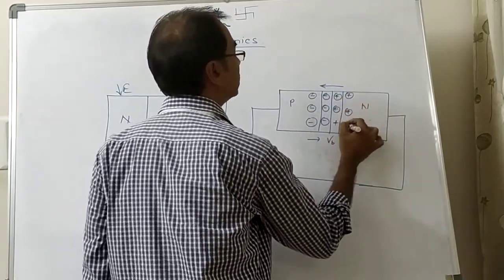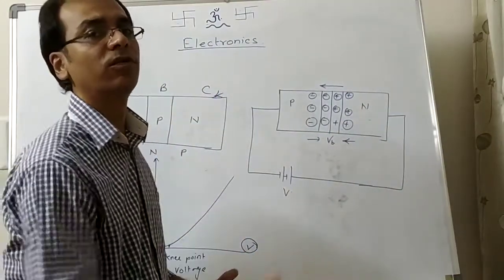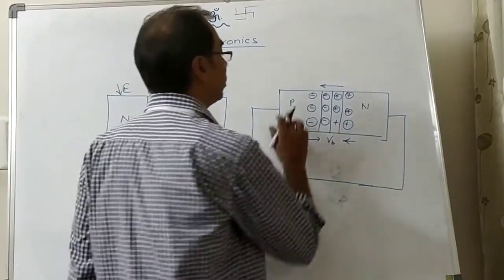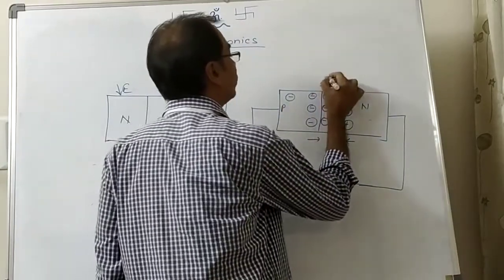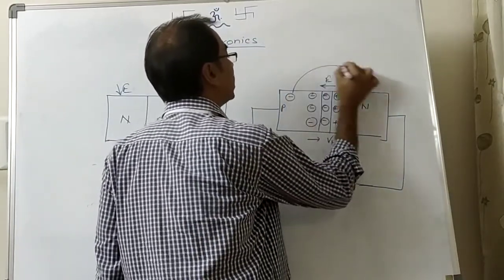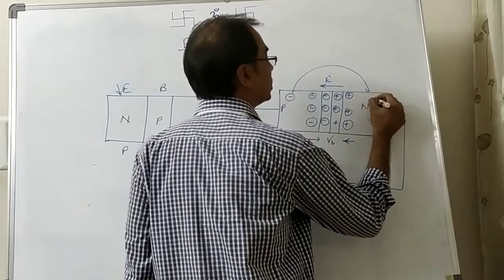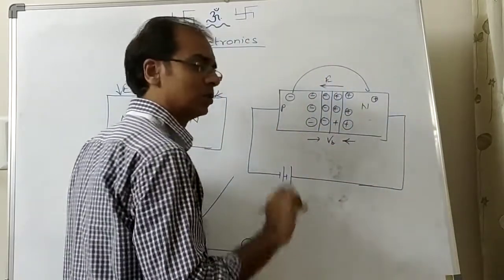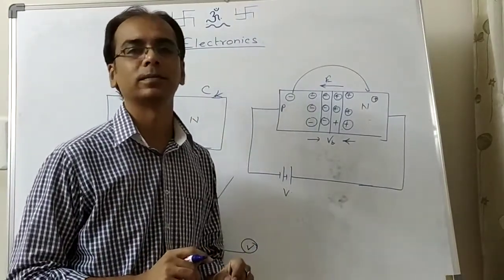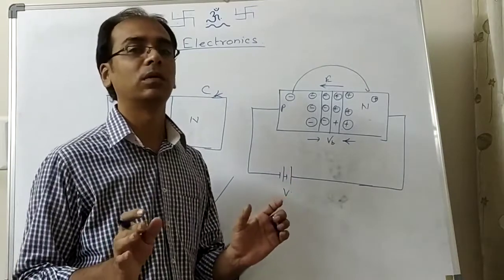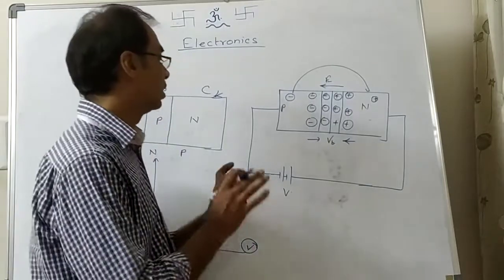Okay, so this starts increasing, and because of this, what will happen? Majority charge carriers cannot flow from one point to the other. But what about the minority charge carriers? Like there's a minus over here, negative. We know that this negative can flow in this direction, because negative always goes opposite to the electric field. Same way, if there is a hole on this side, this hole can move to this side. So because of that reason, we get a very small current even in reverse bias. Okay, I am not talking about the breakdown, I am not talking about avalanche. Before breakdown also we are getting some current in reverse bias.